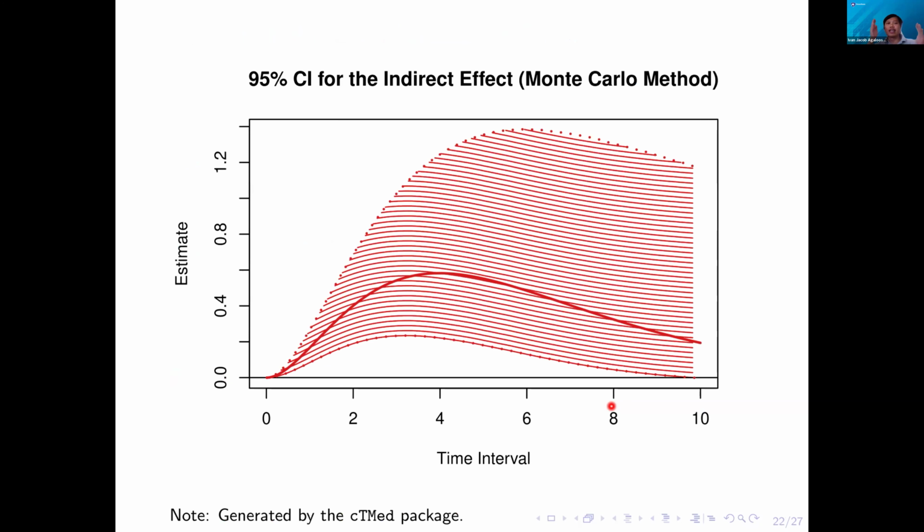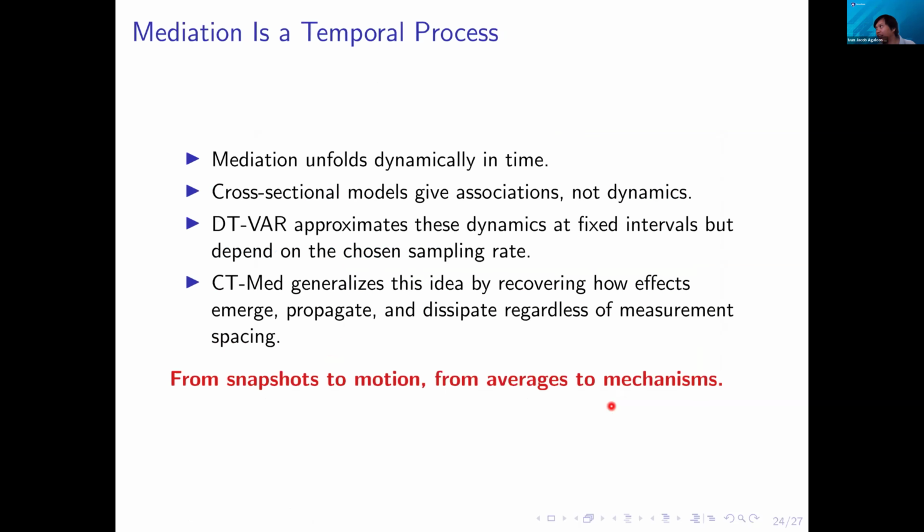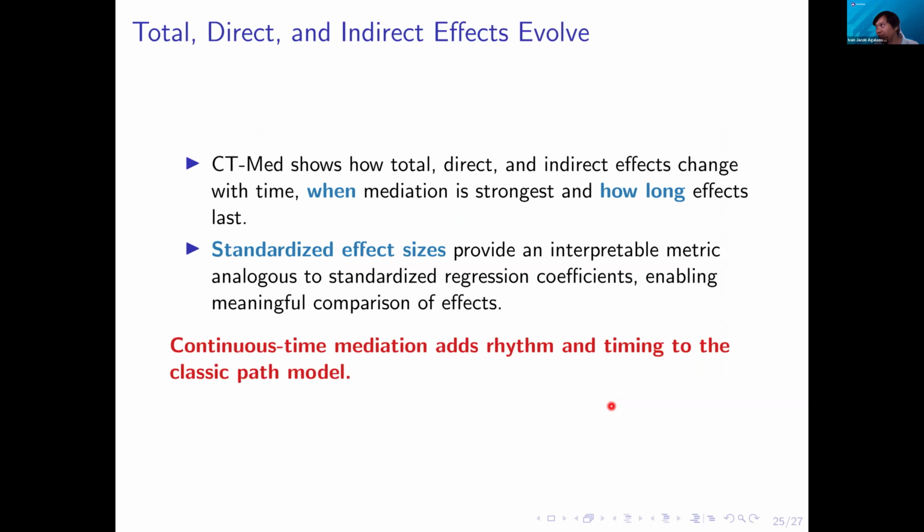In the graphs, we can see that it peaks at a particular time and then dissipates after a particular time. The time intervals are also important, because in many cases in psychological data, the associations between variables don't really last forever. It's important for us to see which time intervals are important, where the effects become high, if that's the important thing in your research, when the effects become low, and when the effects dissipate or go to zero. We can clearly visualize these, and take a look at the uncertainty associated with these effects using the continuous time mediation framework.